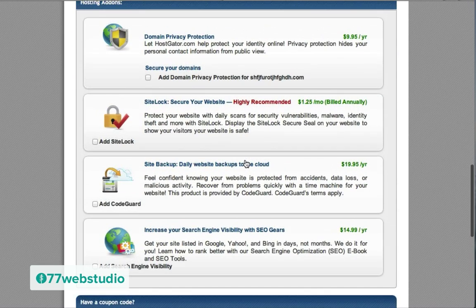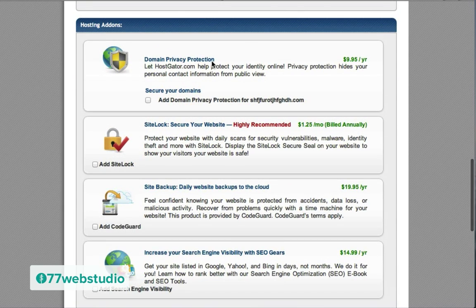Now keep in mind that one of the things I did turn off is privacy protection. I actually do recommend signing up for this, and here's why. When you do not sign up for privacy protection, then by default all of your information, like your email address, your website domain, and sometimes your phone number, will be included in the public online database related to domain names. So if you prefer to keep all of that personal contact info private, then privacy protection is what you'll need to sign up for. So I do think this is a really good thing to sign up for.